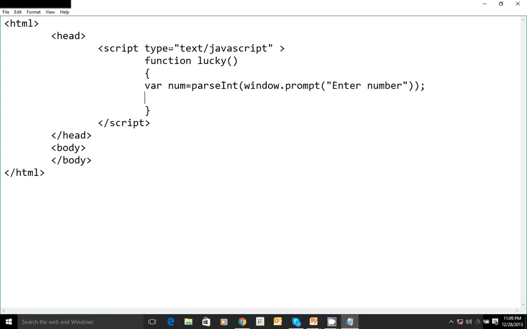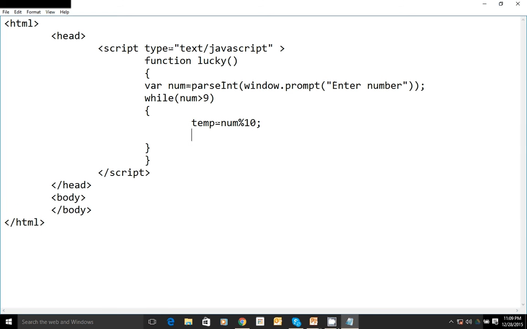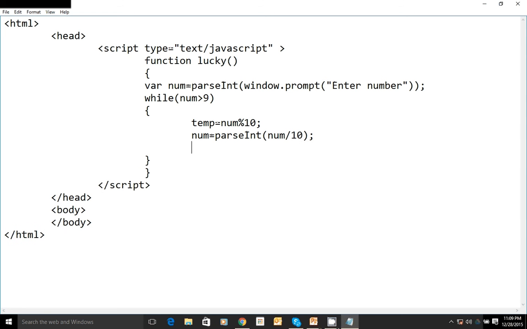While num is greater than 9, repeat the loop. Within the loop, take a temporary variable temp equal to num mod 10, and num equal to parseInt of num by 10, and num equal to num plus temp.